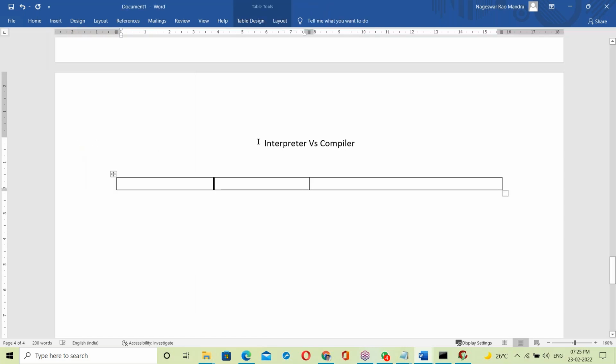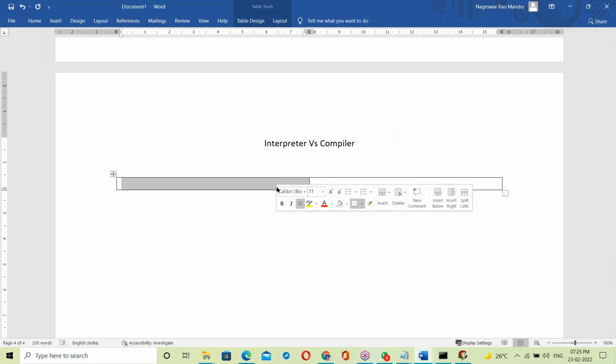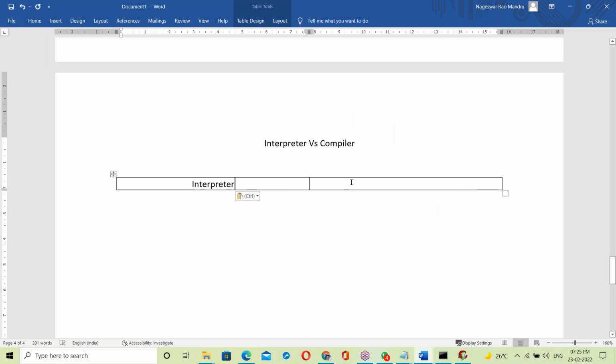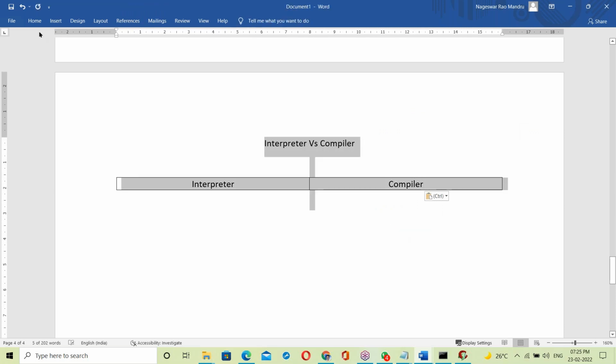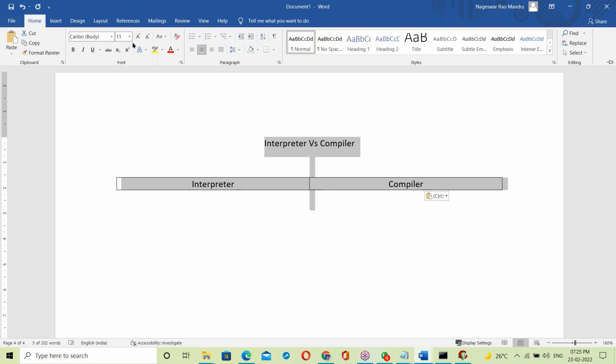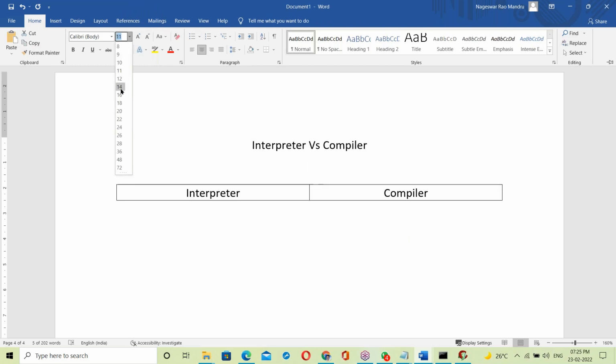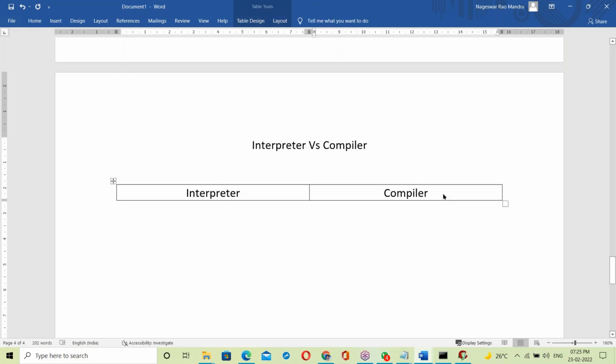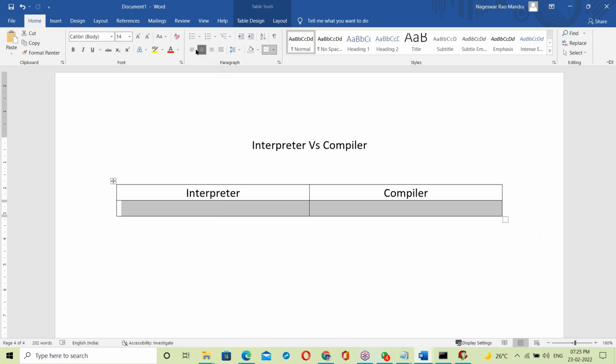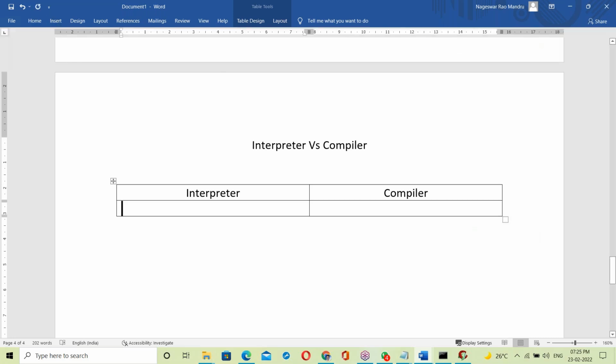First one is the interpreter, next one is the compiler. So what's the difference here? Interpreter versus compiler. First difference: